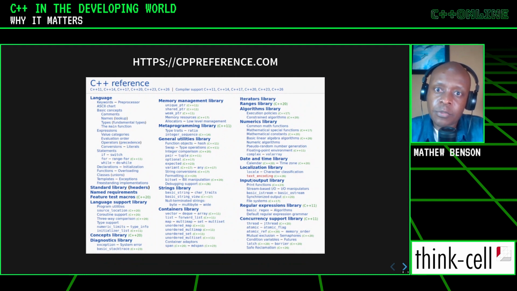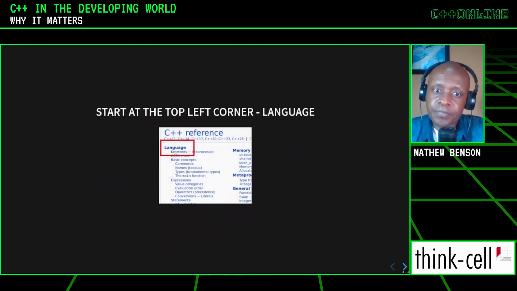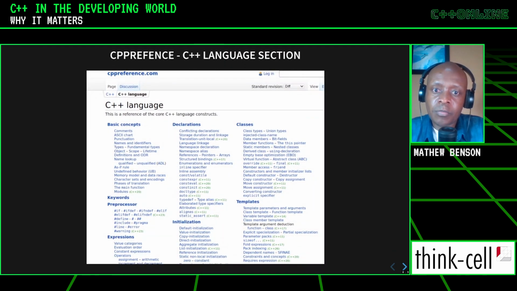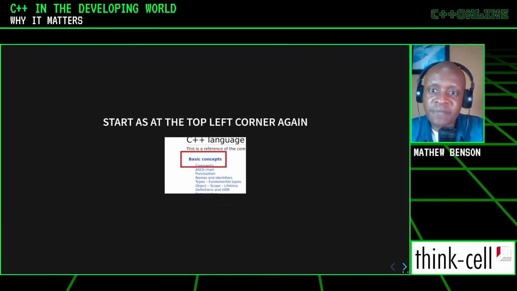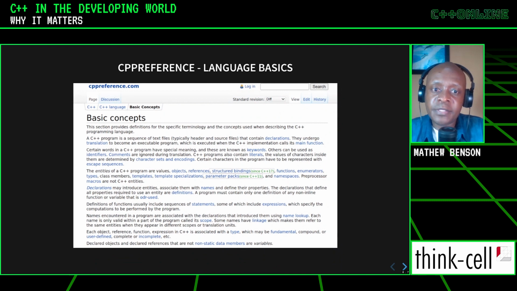When you load it up, it looks very complicated, but I'll isolate the top left corner, the language, to start from there. When you go to the language section, many terms are presented to you, but there's a section, basic concepts, in the top left corner again. I think this is a good place to start, especially when you're starting to learn, or even if you've been learning. It's good to have this open all the time, because you need to see the picture